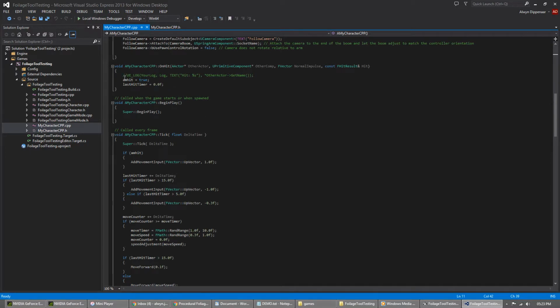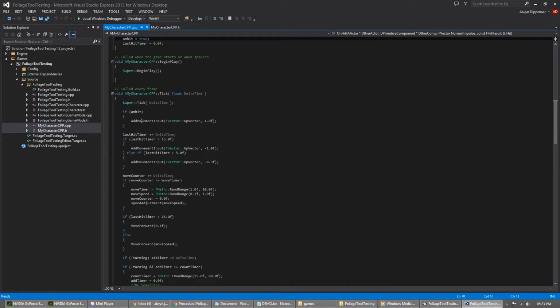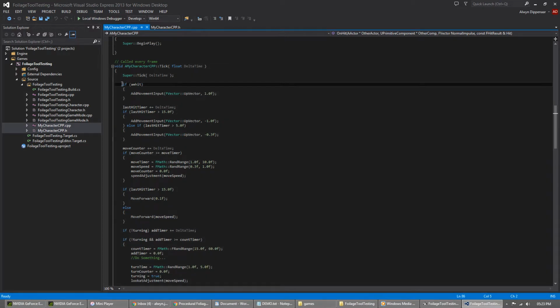As far as I know, I'm handling hit events in here for reasons we'll get to. In the tick event, if he's getting hit, he goes up. He just decides, I'm getting hit, I'm moving up, I don't care. And then there are a few